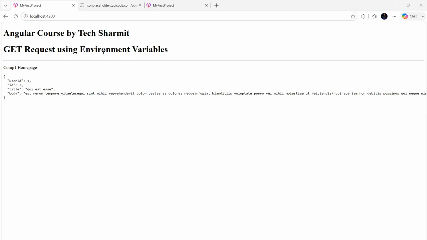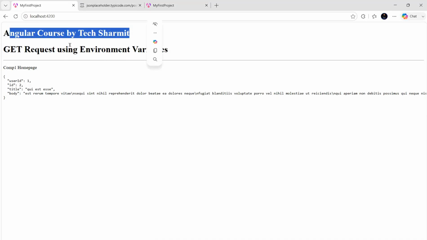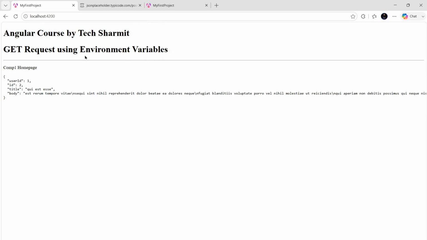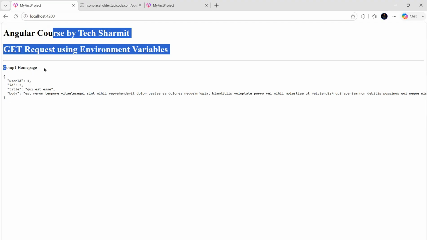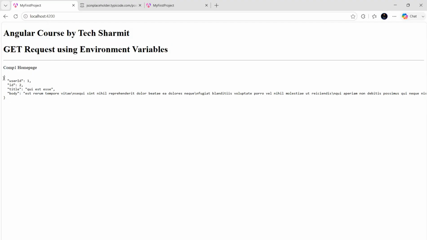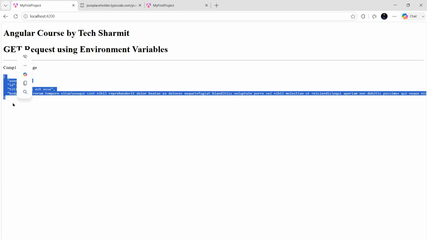Alright, so let's get started and see how we are utilizing this. So this is the output of my program. Firstly, I'll walk you through the output and then we will see the program, how we have created it. Here in this output, the main heading is Angular course by TechSharmit. Then we have the secondary heading, GET request using environment variable, one horizontal row, and then this is the title of my home page, that is comp1 home page,